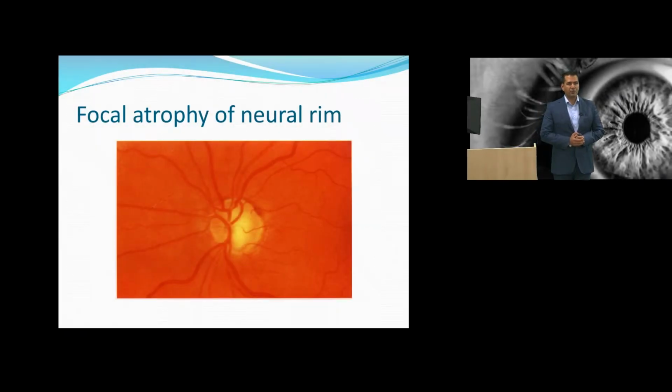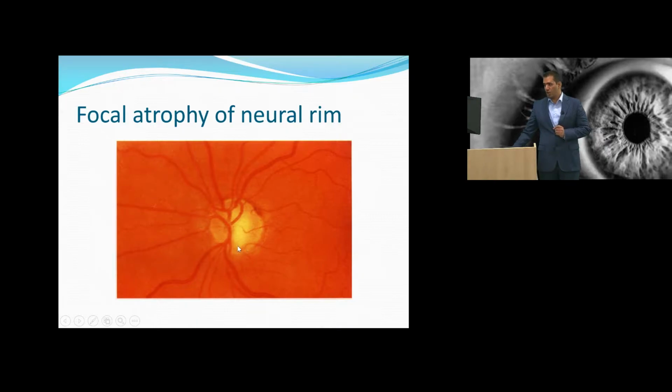Focal atrophy of neural rim, also known as notch. When you look at an optic nerve head, a good starting point is to locate it and ask, where is the boundary of the optic nerve head? You outline the boundary, which is the scleral lip. You can see rim tissue present, rim tissue present, rim tissue present. But in a particular region, rim tissue is very limited or absent, and that's called focal atrophy of neural rim,